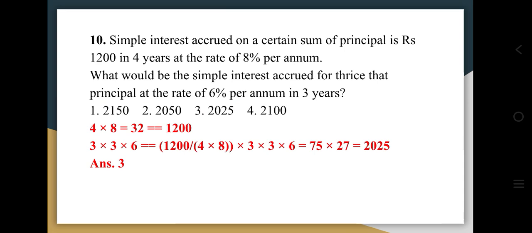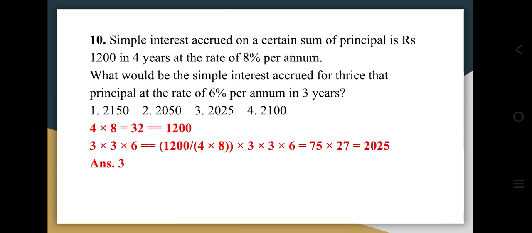So when 32 corresponds to 1200, we want what 3 into 3 into 6 corresponds to. So we have to divide 1200 by 32, or 4 into 8, and multiply that by 3 into 3 into 6. So if you cancel 2 with 6 and 8,